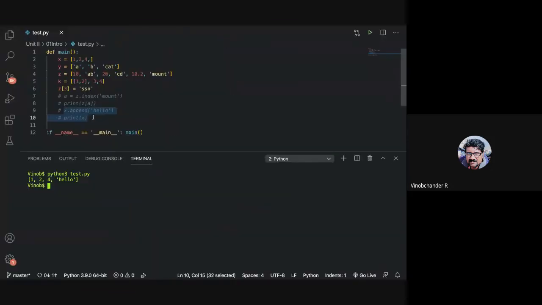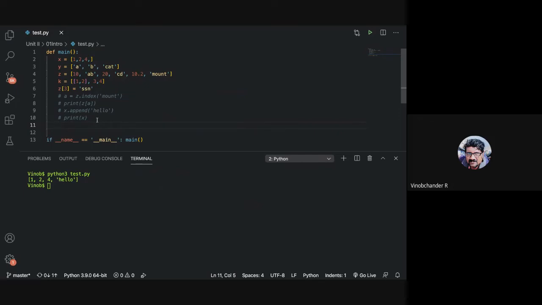Let us have a small example to square the numbers of a list. Let us square all the values in X. We can use a list comprehension, or a simple technique without it, using a for loop.